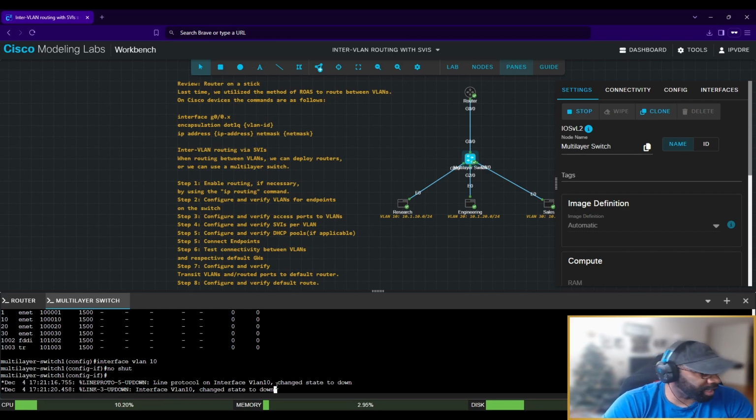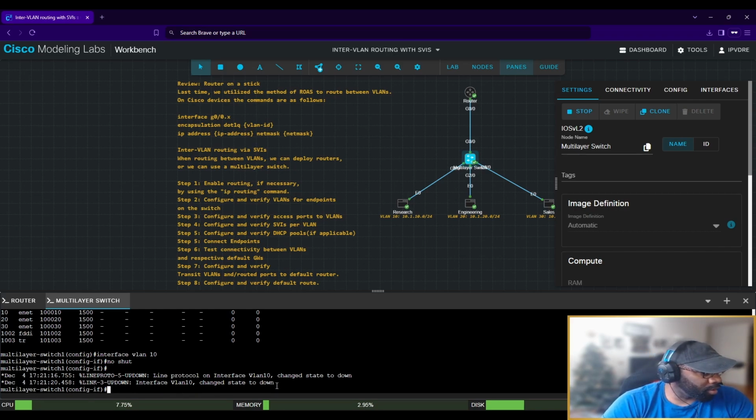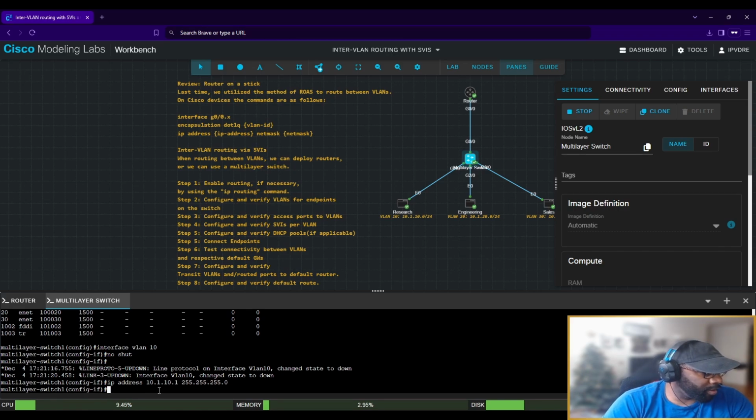I'm gonna show you in a second. All right, so now where are we? We're gonna set some IP addresses. IP address, and I'm kind of skipping ahead. Not really. So IP address 10.1.10.1 and a net mask of /24, right? We already hit no shut, and now we're gonna move on to